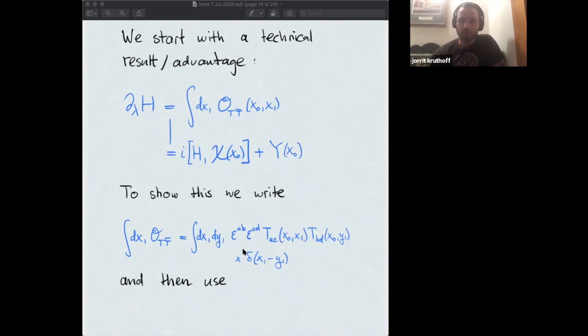So it's not too complicated to show this result. What you would do is use a trick that Cardy also used in his paper from July last year, is to, so remember that this TTbar operator is a composite operator of two stress tensors, and to deal with that in a bit better way, what I'm going to do is introduce another integral and a delta function to put these at two different locations. And